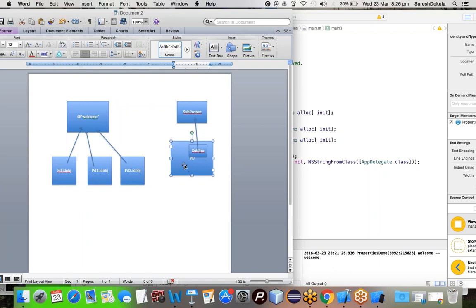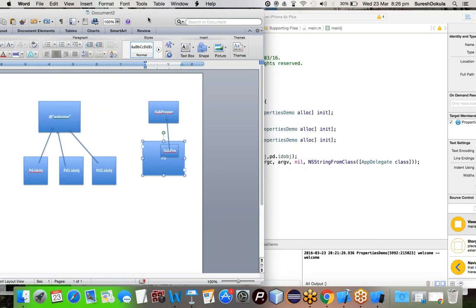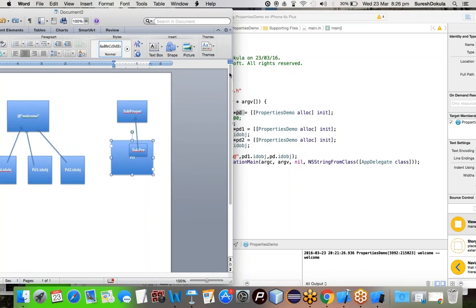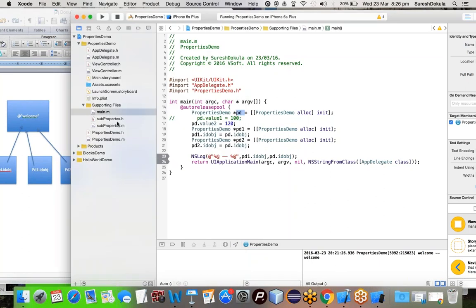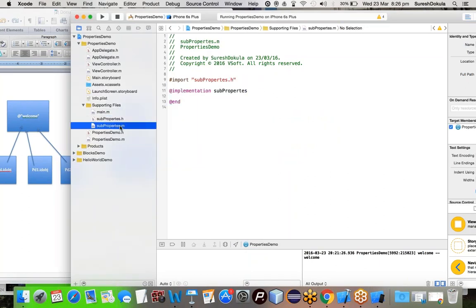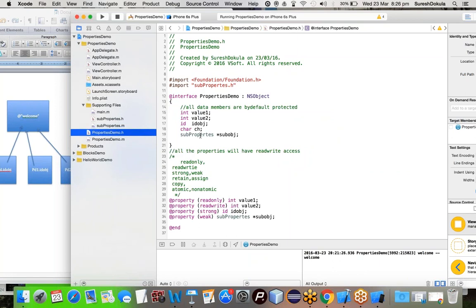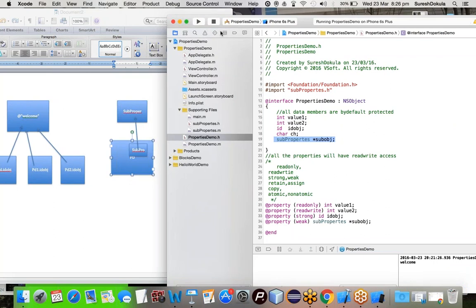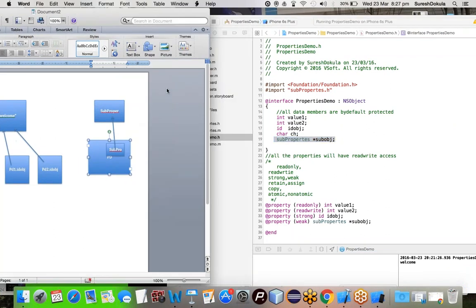So weak, for example, this is our object property we created. PD is one of the objects. This PD object has one value, like a sub property. So we created a sub property. With this sub property we created one object, sub obj. This is one of the objects in this PD reference. So the PD reference has different properties, like this one, and like we have